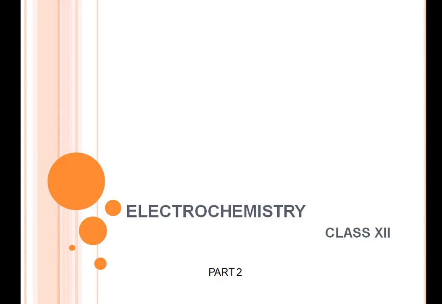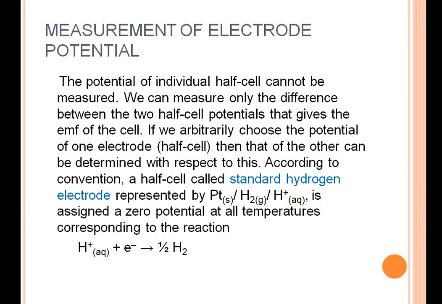Now, let us start with the second part of the chapter electrochemistry, that is the measurement of electrode potential. The potential of an individual half cell cannot be measured. You can only measure the difference of potential between the two half cells. So, what will we have to do? We will have to arbitrarily choose the potential of one electrode and then that of the other can be determined with